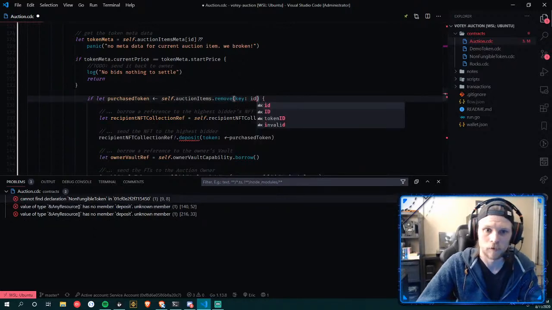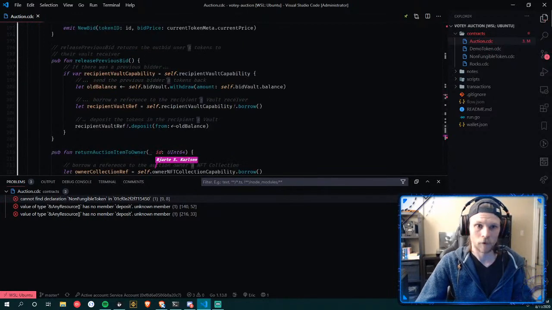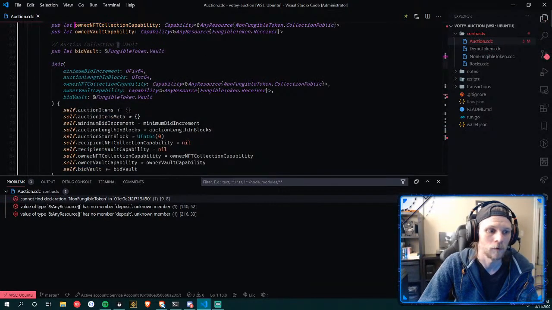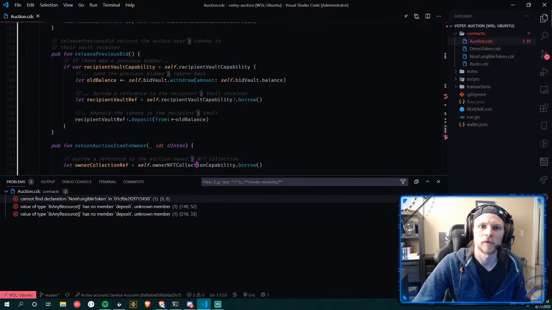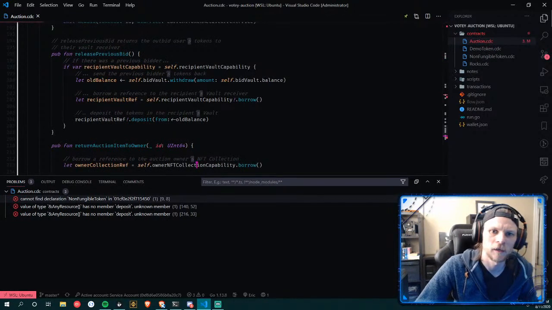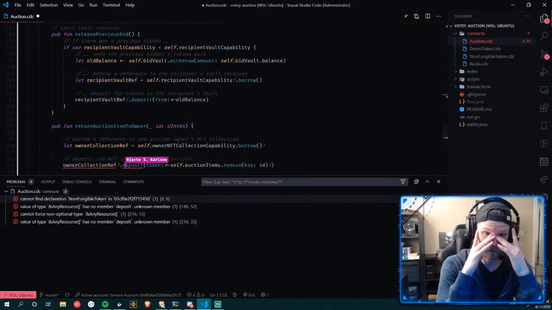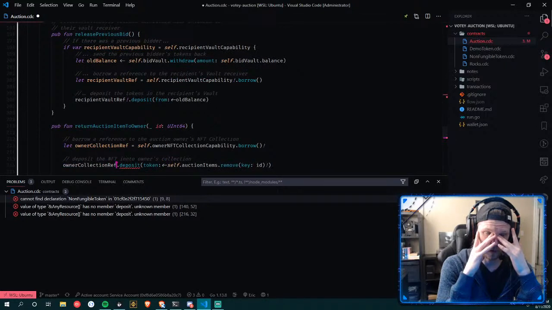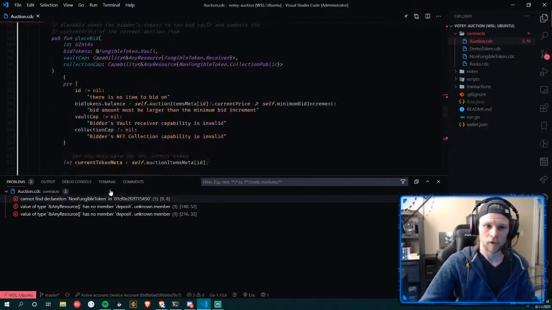the older collection ref, it says that any resource doesn't have any member. Why? Is that the borrow method? Isn't it inferring the type anymore? It's already got it, because we've already cast it. But can we do it like this here, for instance? Instead of having the bang here, we can have the bang down there. I think that's cleaner, but we need to deploy it first and see.